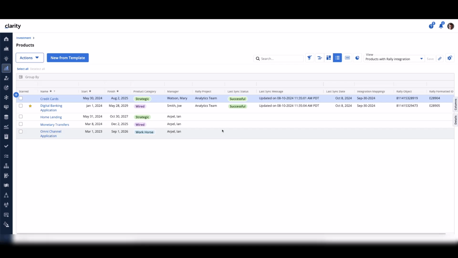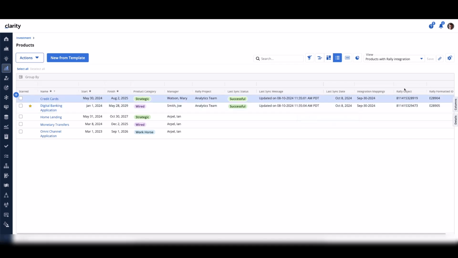All right, so you can see that 2 out of the 5 products have Rally sync information. You can see the integration mapping that's here. You can see that, of course, the last sync status is successful. Last sync date is populated, indicating when the last Rally update occurred.